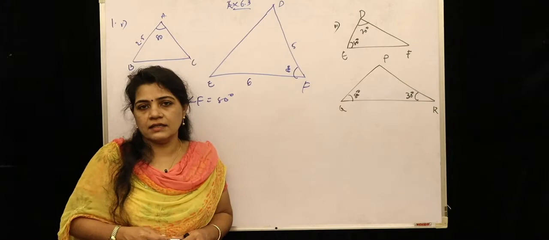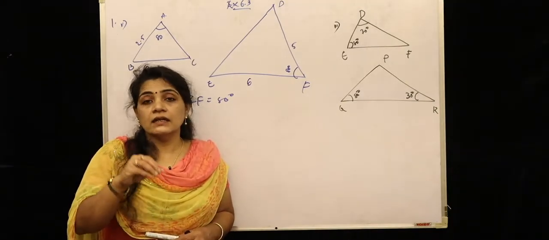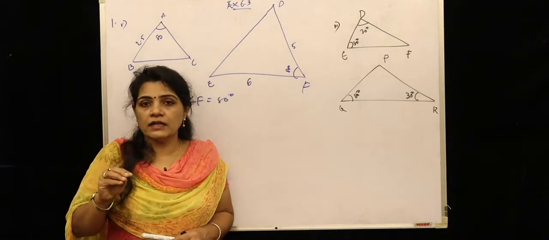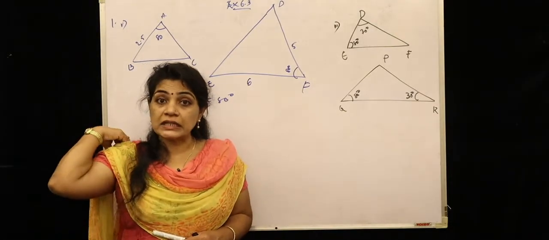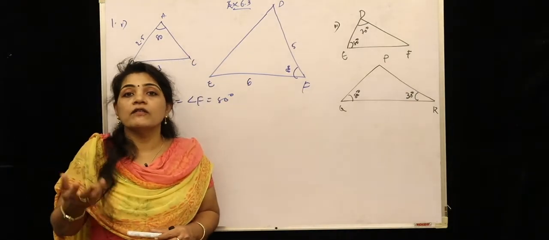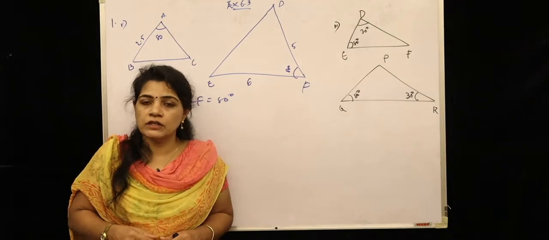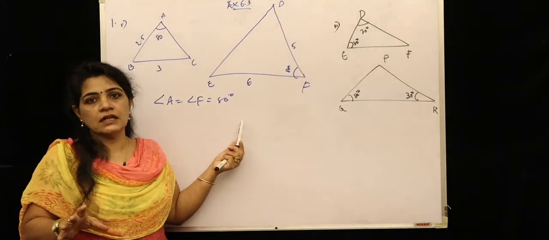Under SAS criterion, or any one of the criteria we can use. Even in terms of angles, if two angles are given, you can find the third angle using the angle sum property, but for the third side we don't have any other choice. Which means these two triangles are not similar. The reason is clear, children.